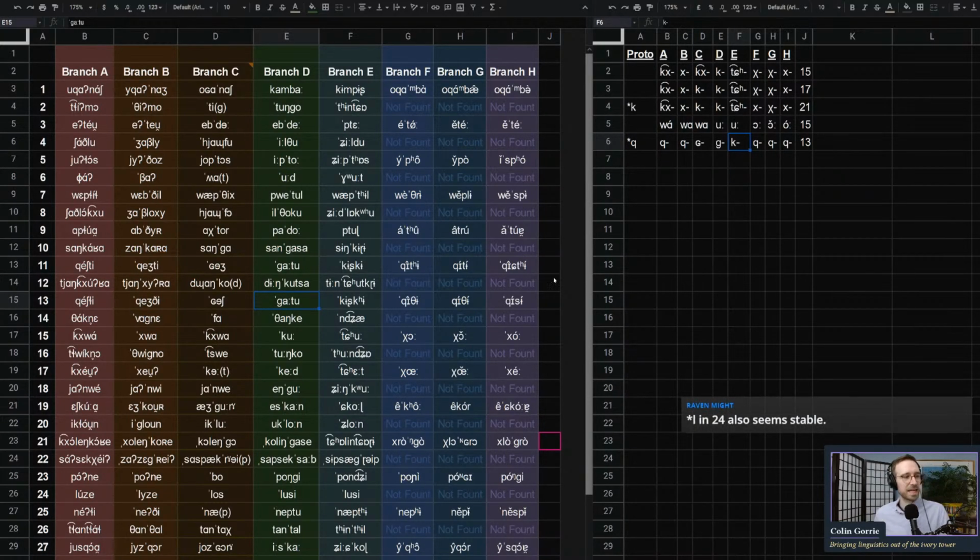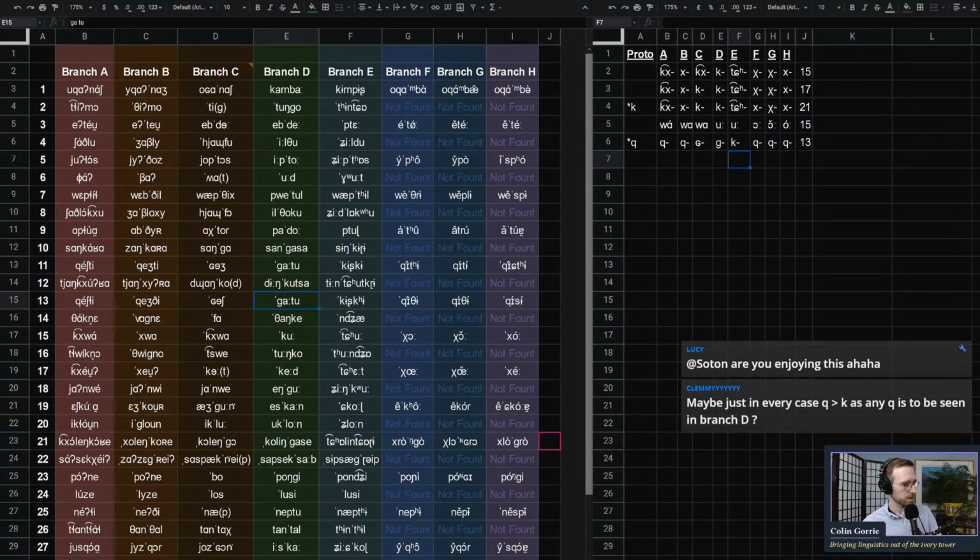So I think it seems to me more likely that, although wait. Yeah, sorry, let me restart that train of thought. If we have ka in the proto-language, we don't have to worry about the environment yet because we might just have a wholesale fronting of uvulars in D and E. Especially since we don't seem to have any uvulars in D or E.